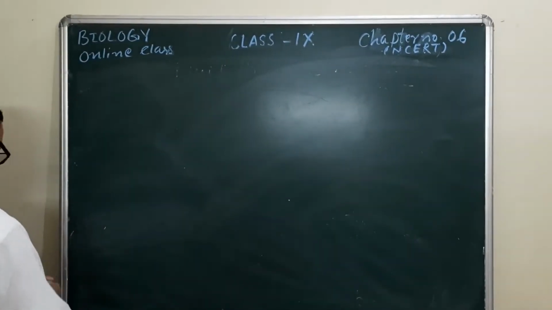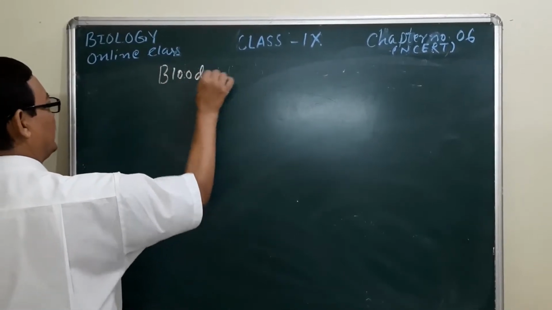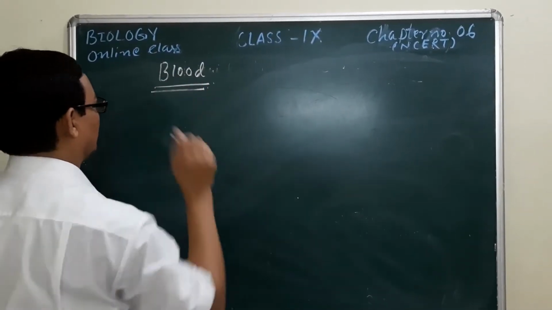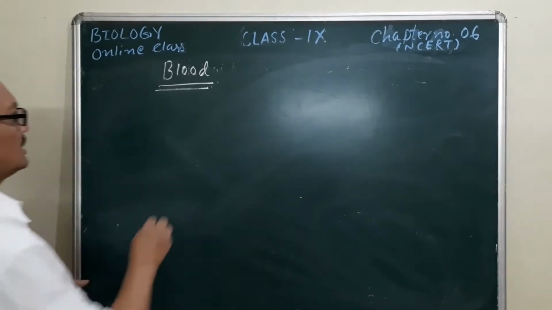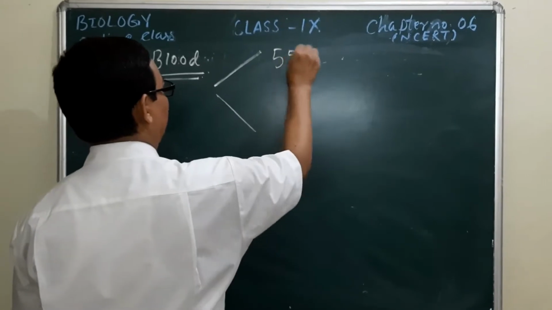First, we may discuss the blood. Blood is a liquid connective tissue and it contains two important parts, the 55%